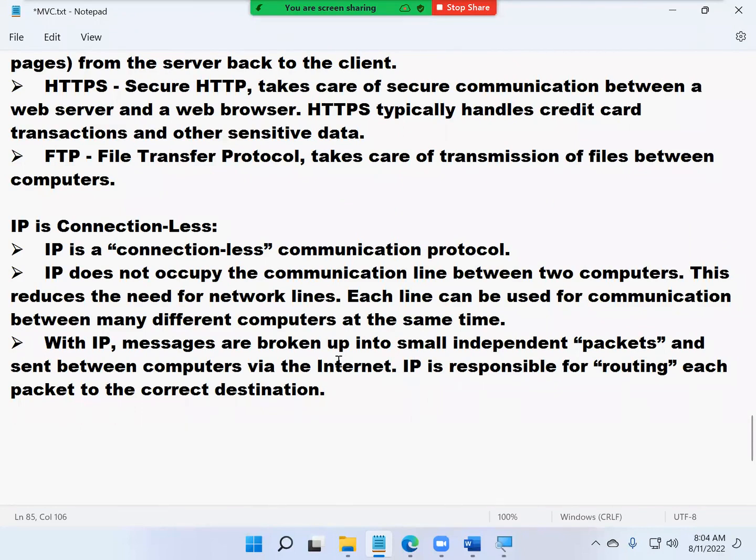Once the page gets downloaded onto your machine, do you know that the connection between the browser and the server will be cut off? You open a browser, type a URL, hit enter, the request goes to the server and the response comes to the browser. Immediately after that, the connection between the browser and the server will be cut off.